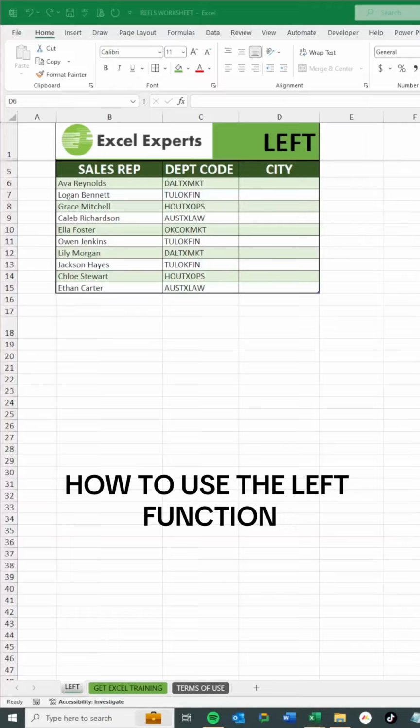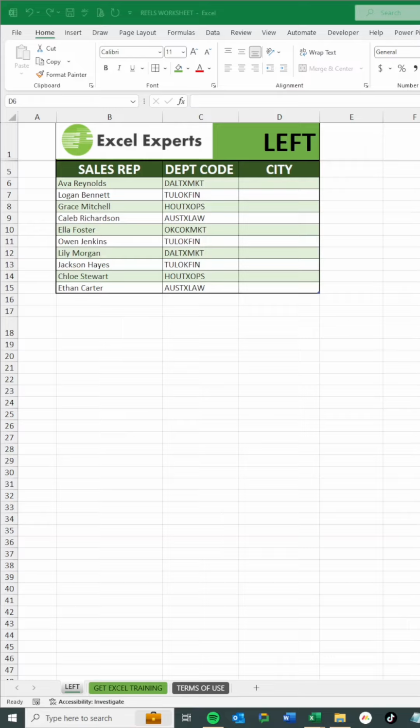In this video, we're going to learn how to use the LEFT function. The LEFT function in Excel is a function that will extract text from a text string, going from the far